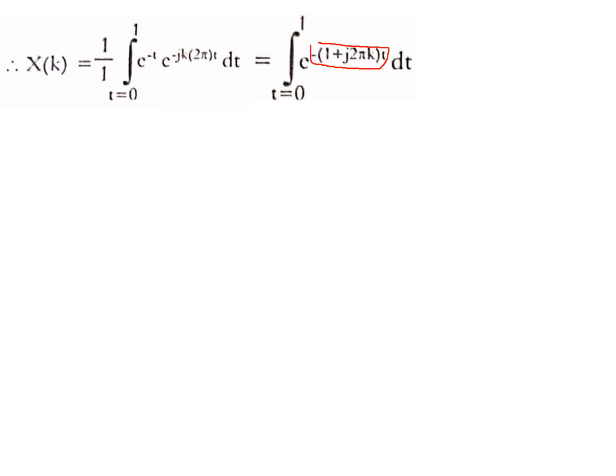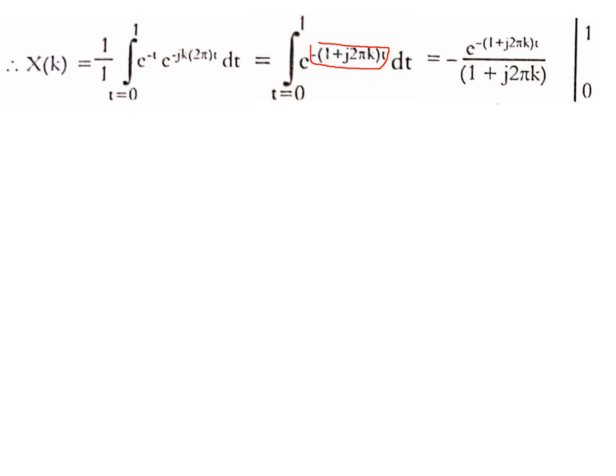k bracket close t. So it is a time domain function, e power of minus t into a constant. So this I'm integrating. As per the mathematical formula, e power of ax integrated with respect to x is e power of ax by a. In the form here, a is nothing but this constant, minus 1 plus j 2 pi k. So it is e power of minus that constant into t divided by the constant itself.